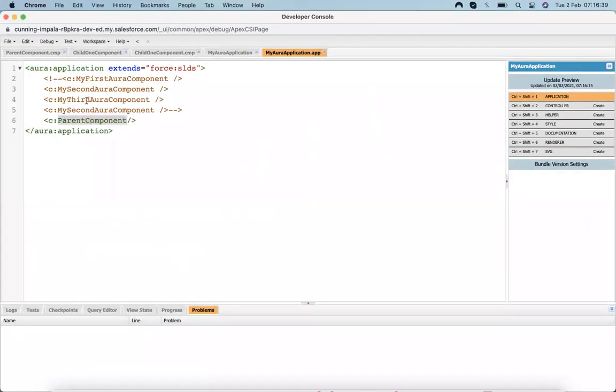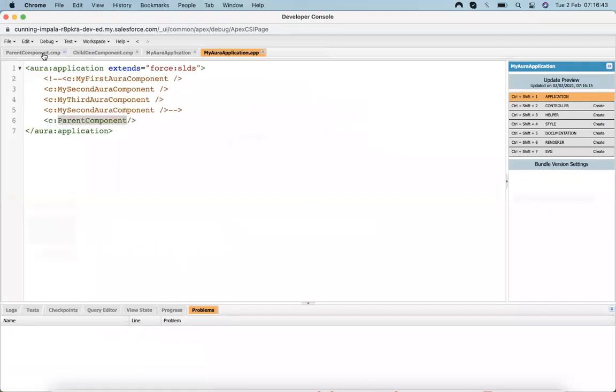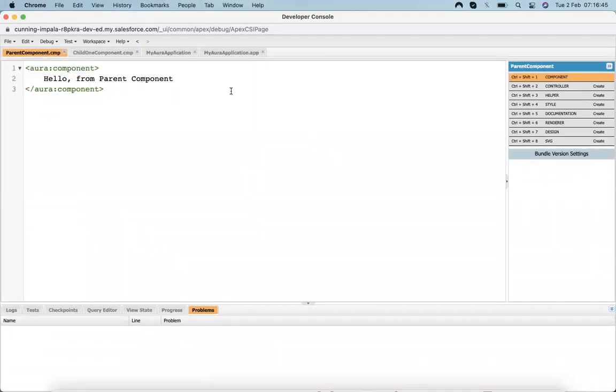Now let's add the child component inside that parent component. For adding a child component from a parent component, you just have to write c colon child component name. Just need to refresh.